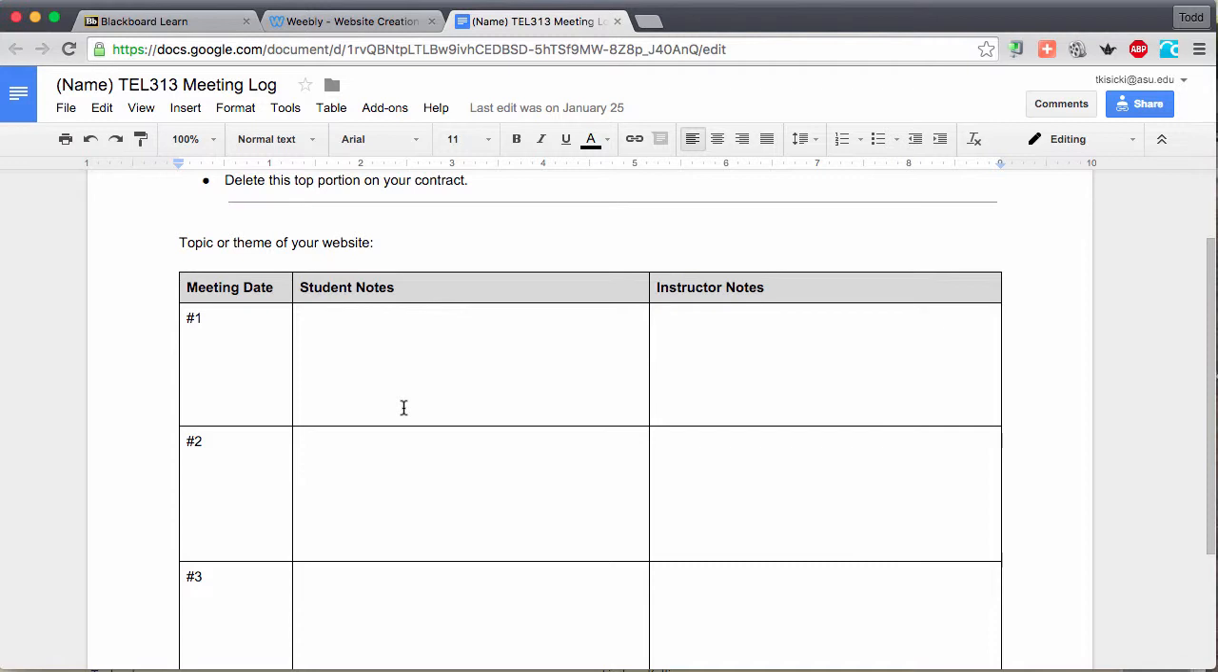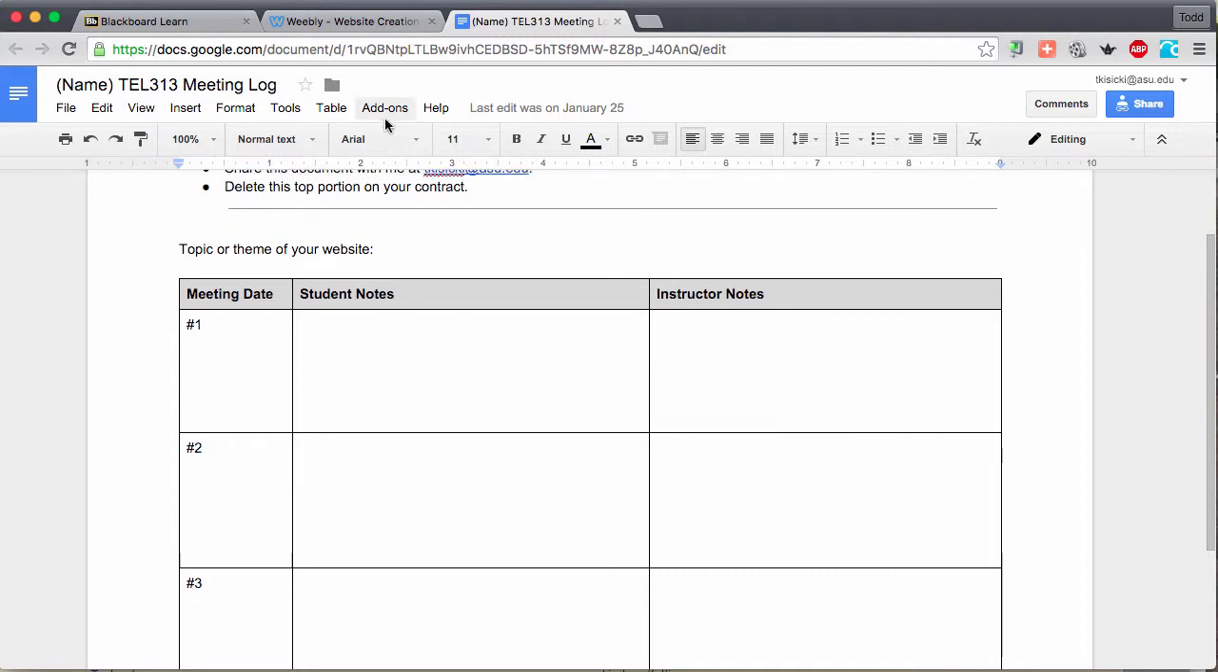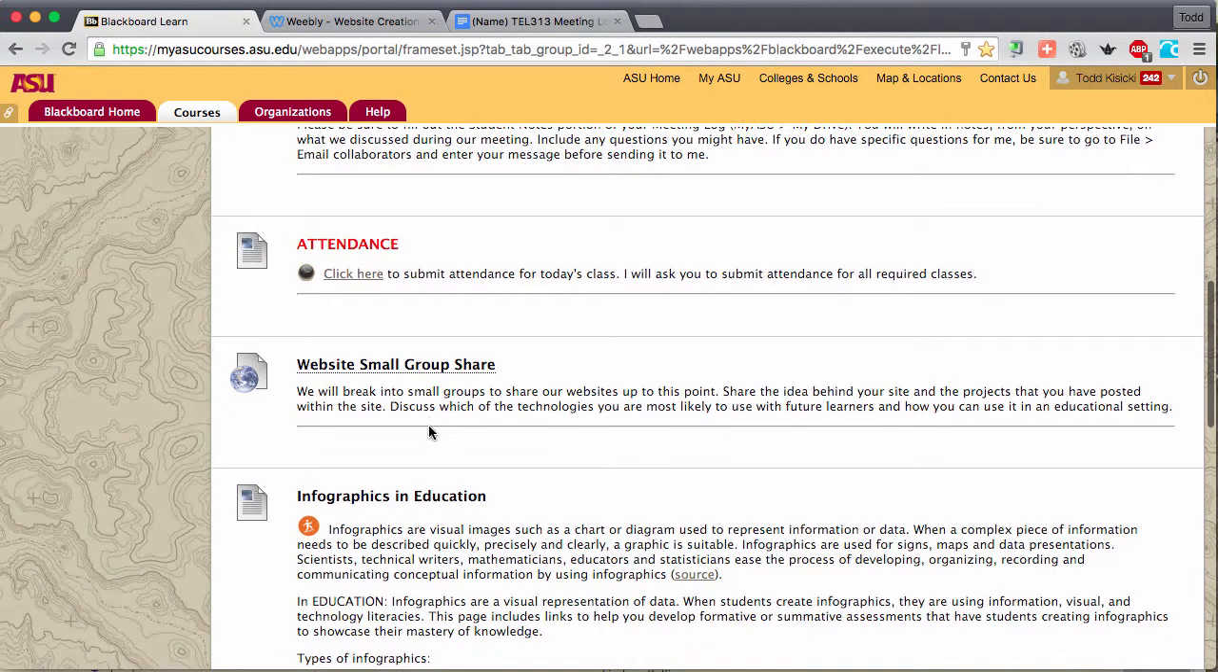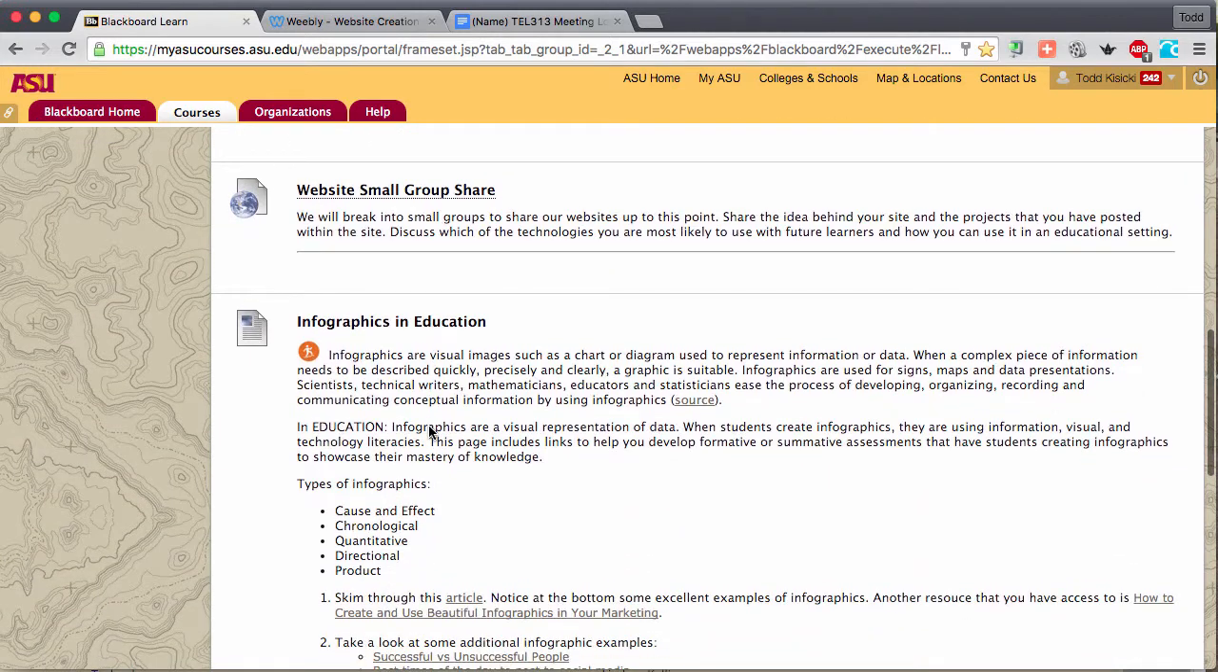check your meeting log. Okay, so to get to this, you just go to your My ASU page and click on My Drive button located on the left hand side, and you'll be able to find your meeting log from there. Okay. So we'll take attendance in class, and then what we're going to do now that we're done with